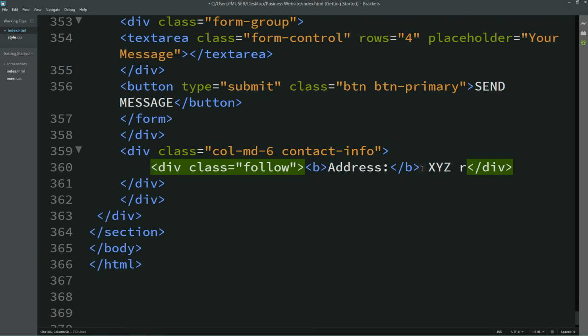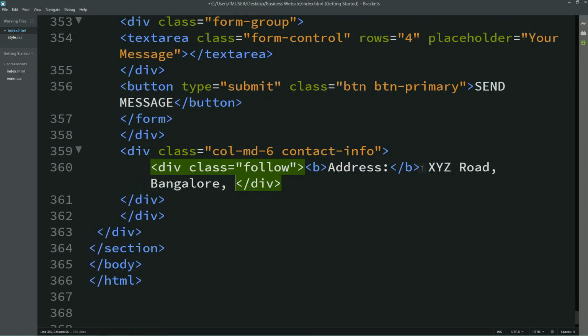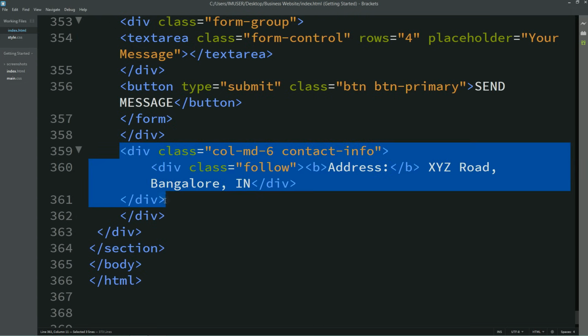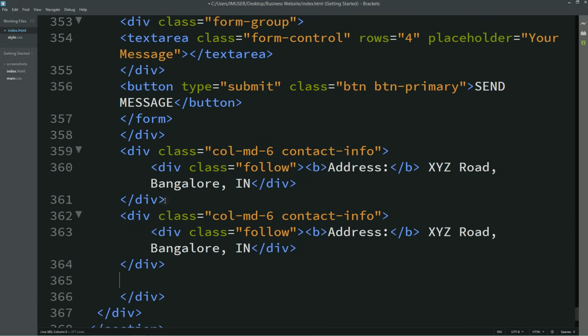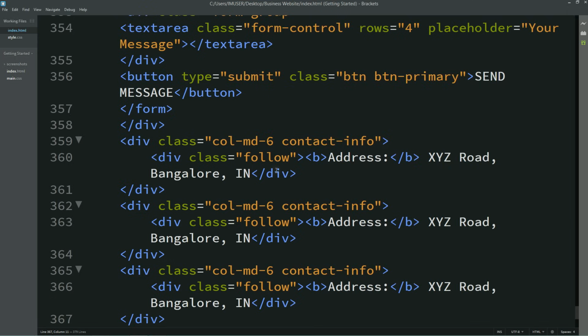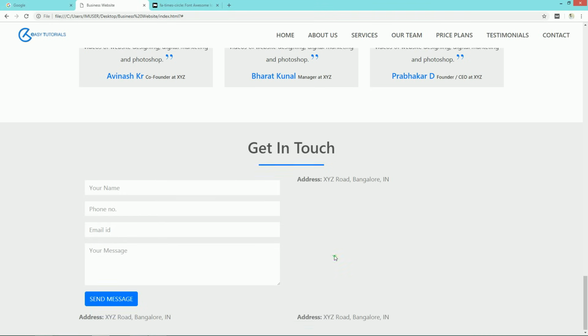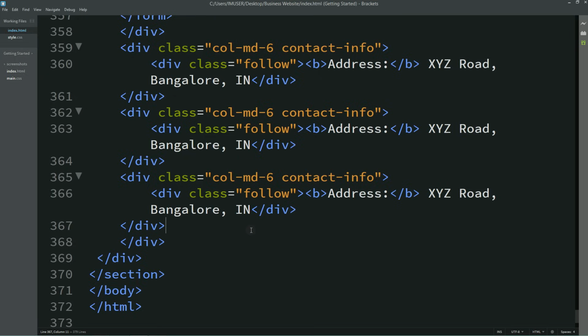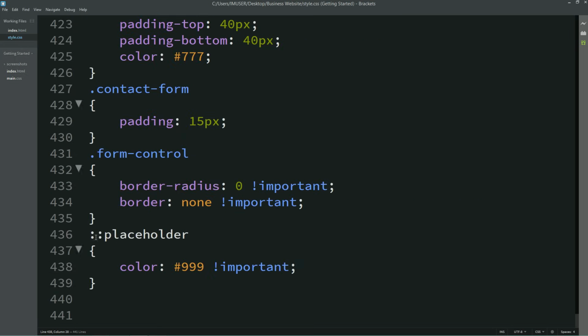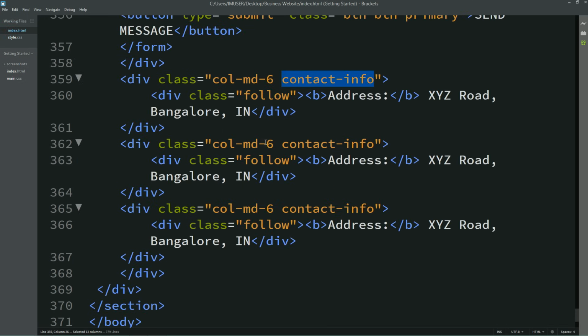And I'll write the address here, XYZ. Just copy this thing. It is not coming properly. Let's copy this, class name follow,